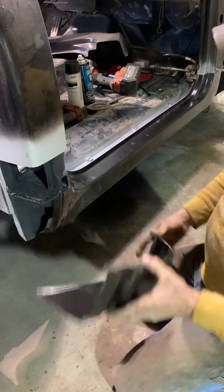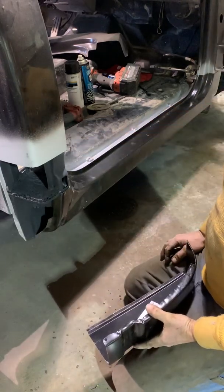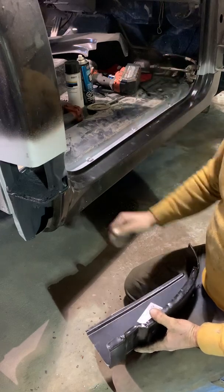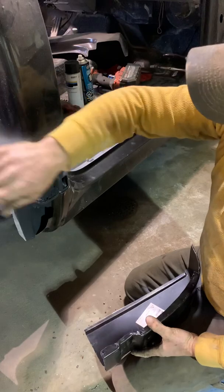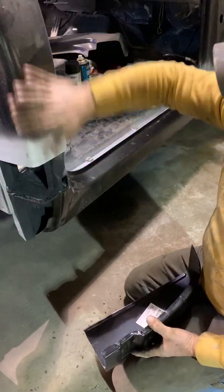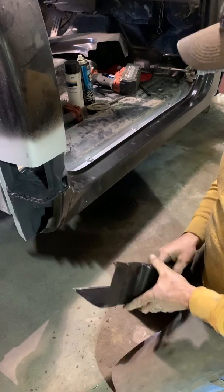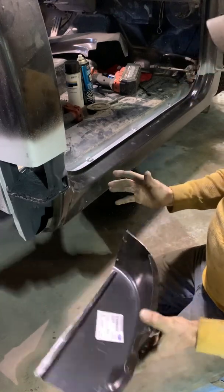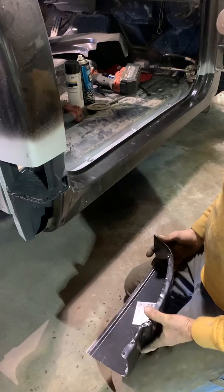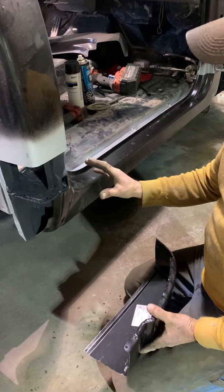Also, when you weld, do a very small area at a time, unless you just like to put in body filler. Because the more you try to weld at once, the more this panel is going to warp and deform, and all you're going to do is create more work. Take your time. The only thing I would say is if you're leery of doing this on your own,